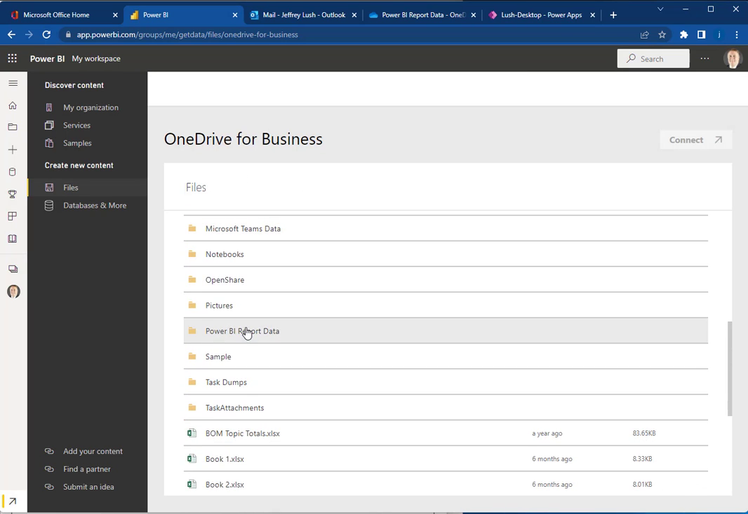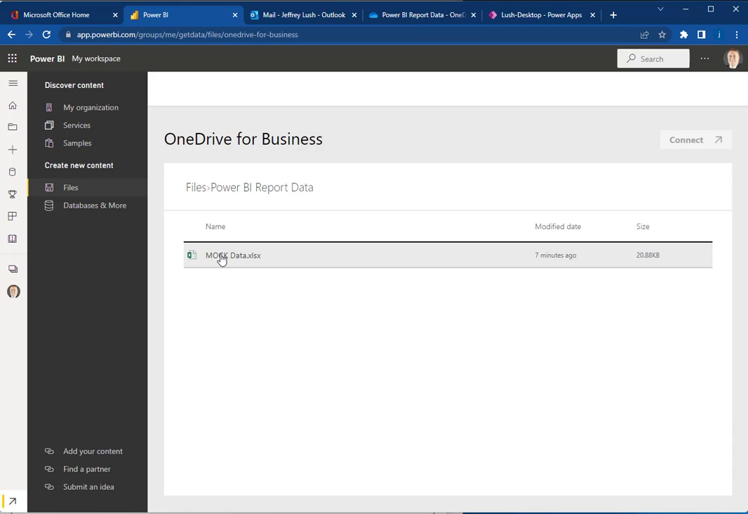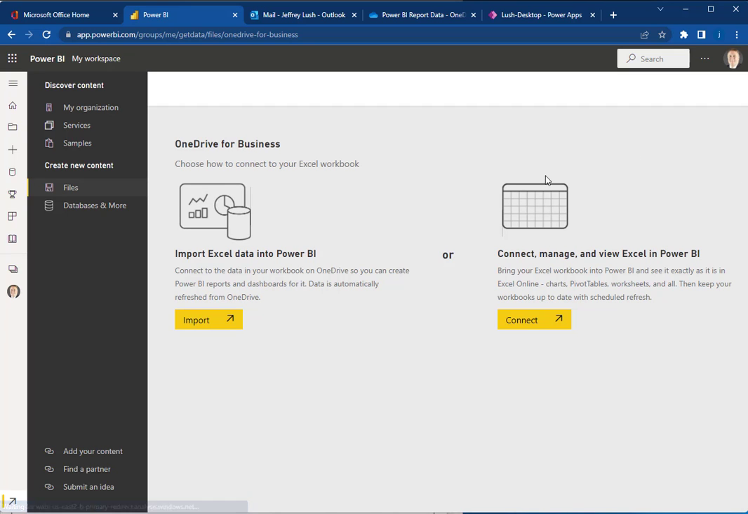Okay. Then we're going to go down to where that data is, which is Power BI and the mock data. So we're just going to click on that data. Okay, and then we're going to hit connect. And then we're going to hit import. Now, what's the difference here? Well, this one here